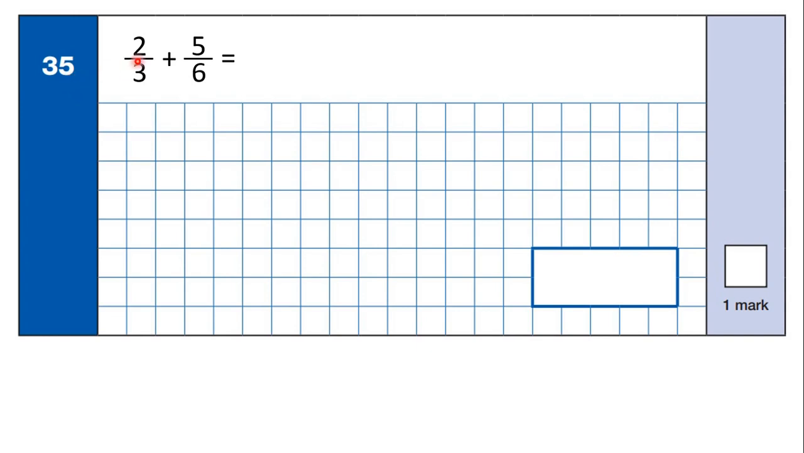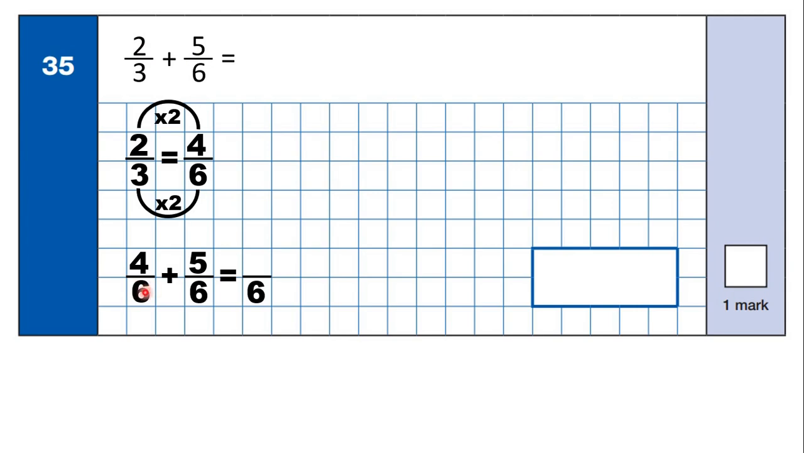Question 35. 2/3 plus 5/6. So to add fractions, we need the denominators to be the same. And 6 is in the 3 times table, so we can find a fraction equivalent to 2/3, which has a denominator of 6. 3 times 2 is 6, 2 times 2 is 4, so instead of 2/3, we can have 4/6 plus 5/6. So the denominator stays the same, 4 plus 5 is 9,